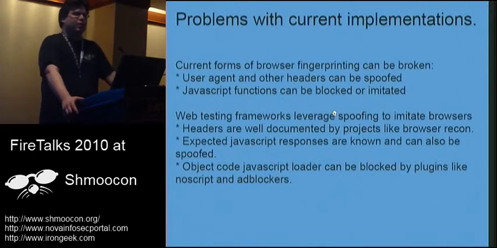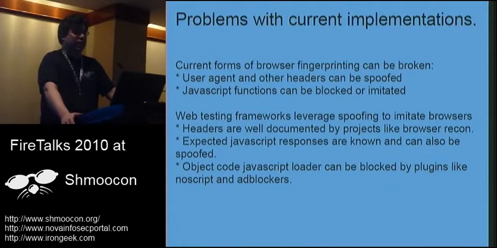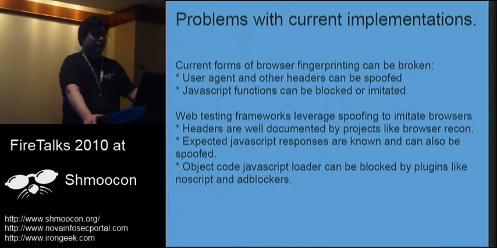First thing I want to go over is some of the current ways that people can fingerprint browsers. Most of them rely on header and JavaScript functions to identify what the end user is using. As simple as a user agent, or something like the Browserscope project has used to identify people's browsers, or the recent release of the tool by the EFF to look into the plugins. The problem with any of these is